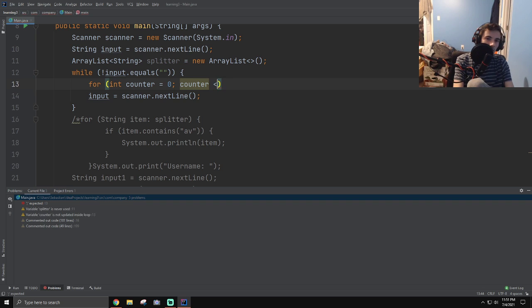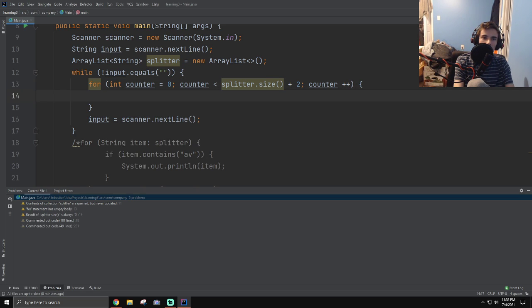I guess I'll just do less than splitter dot size plus plus 2. That's all right, I guess. I'll do counter plus plus, and then I do